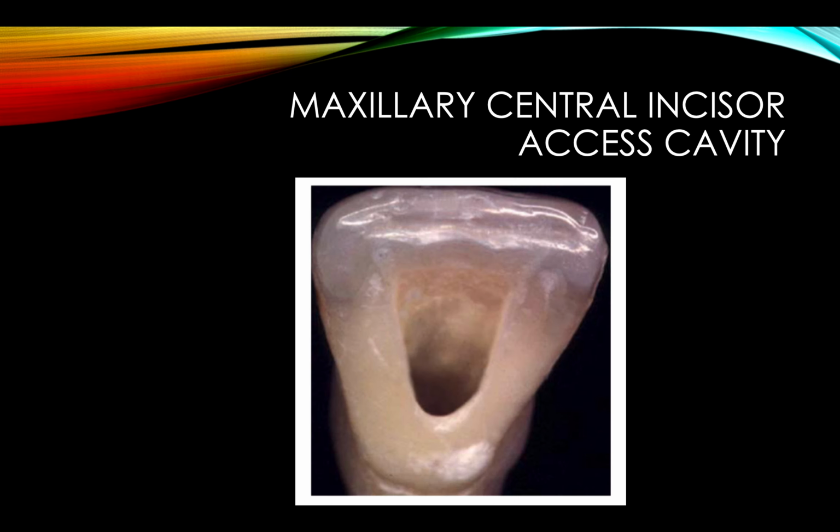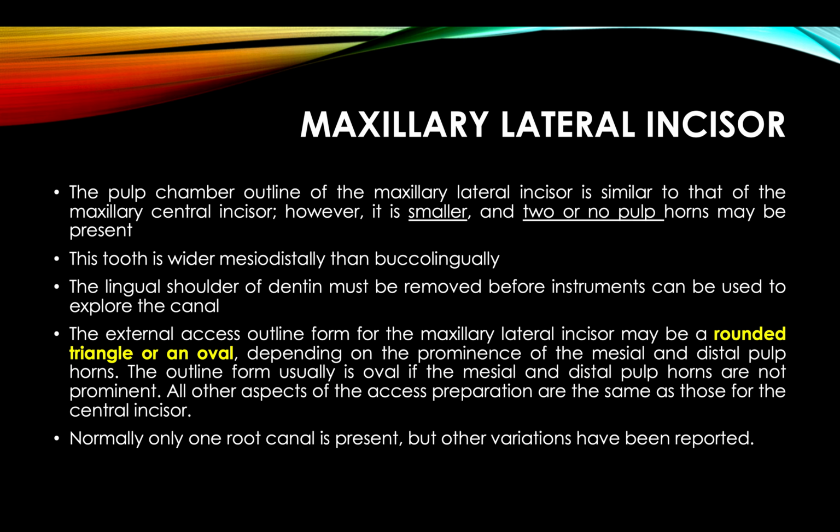This is the final image after preparing an access cavity for a maxillary central incisor. Now, the maxillary lateral incisor is not different from the maxillary central incisor. The pulp chamber is wider mesiodistally than buccolingually. These are the only two teeth where the pulp chamber is wider mesiodistally than buccolingually, while you will see later